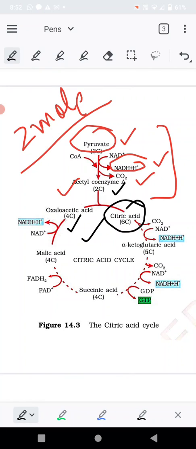This citric acid is then converted into many intermediates by many reactions. Many steps are there in total, and during this complete cycle, there is net gain of 6 NADH molecules,